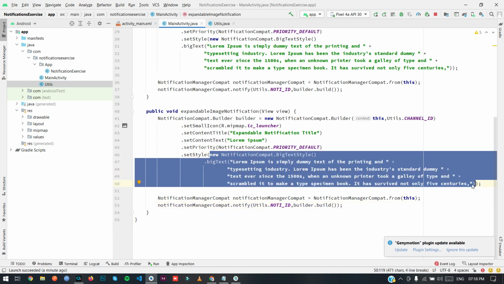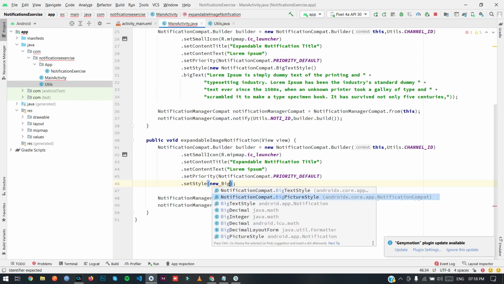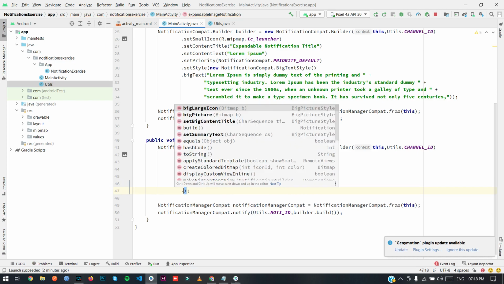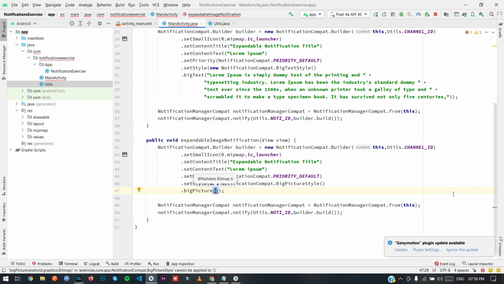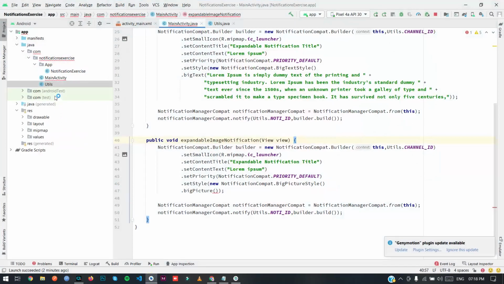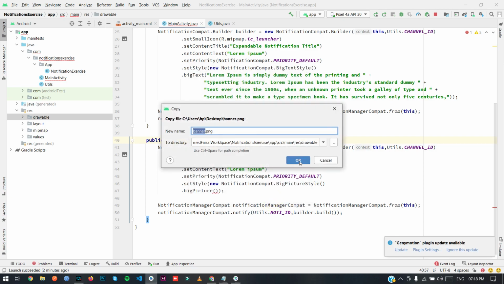For setting up an image we need a new BigPictureStyle. So after that .setBigPicture. Okay, for creating an image, let me just import an image. I already have an image. Let me just copy this, and I'm gonna paste it in the drawable.